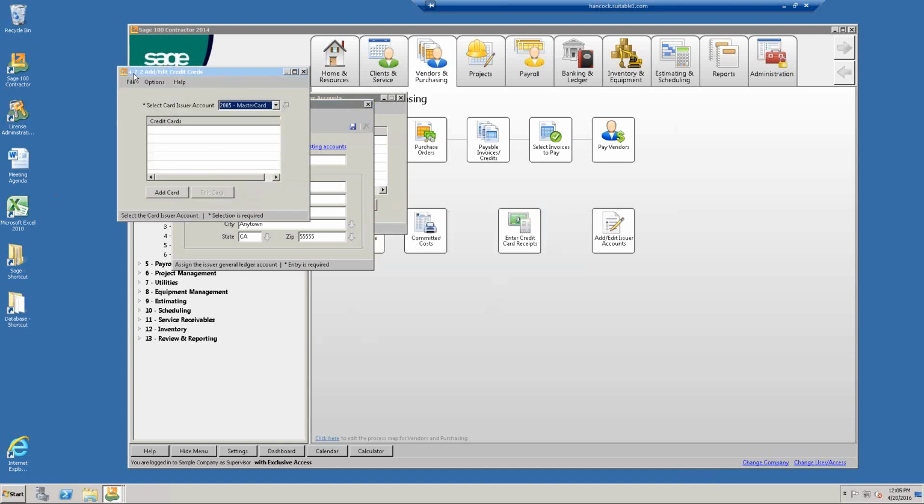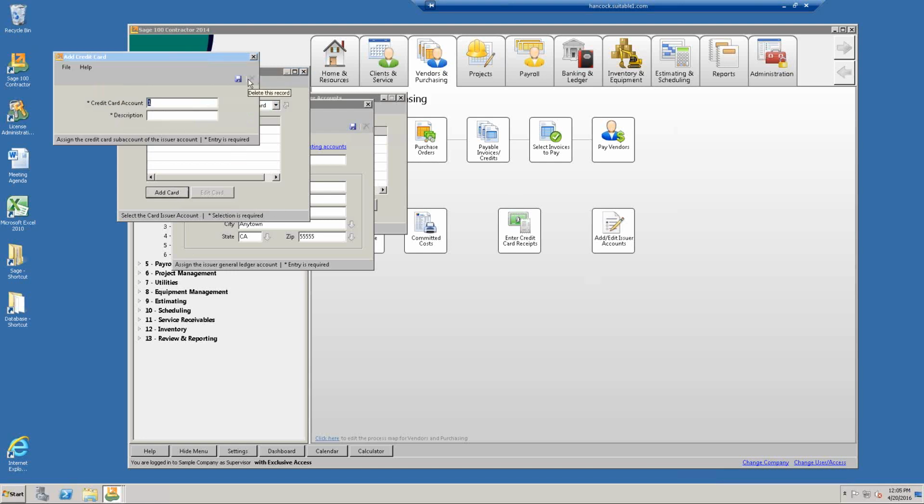So this is going to take me to the next module, 472, add or edit the credit cards. It's already set to MasterCard, and I'm going to add a card. So the first card number, I would recommend using the last 4 digits of the card. It's a great way to identify it. You can put in all the digits, but, you know, to me, the last 4 is fine. So let's say that this is the company card, you know, that sits in the drawer and everybody uses as they need it. Okay. And then I'm going to add another one, and it goes to the next number, of